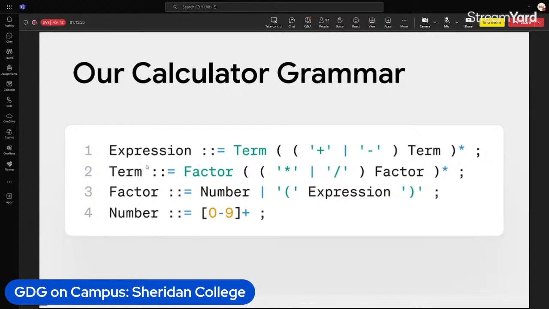Well, what is an expression? Well, that's up there, but let's first look at term. What's a term? It's a factor. Or, and so there's multiple brackets here, but any actual bracket symbol is going to be in these quotation marks. It can be a star, or it can be a divide symbol and then another factor. Again, look at this star here. So this means that this entire block is completely optional, or we can chain together as many expressions as we want, right? So we're not going to spend too much time on this, but again, term, plus symbol, minus symbol,